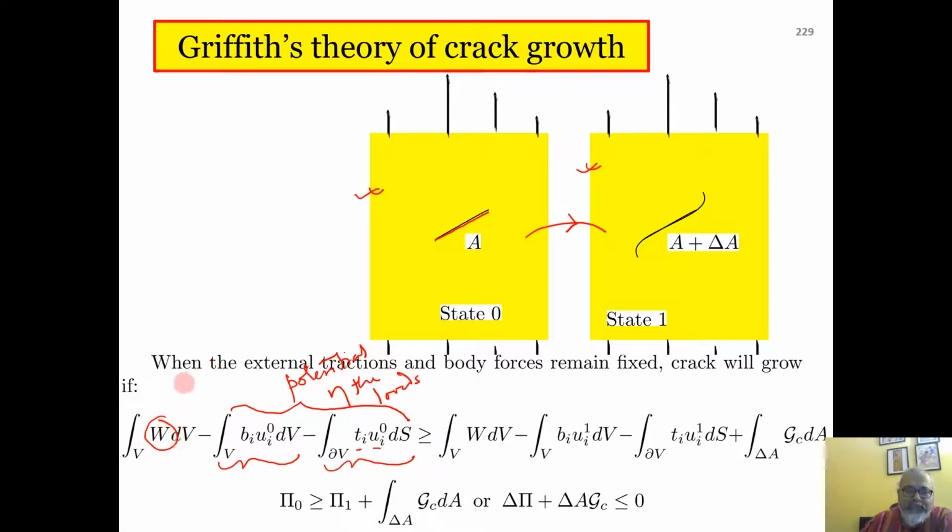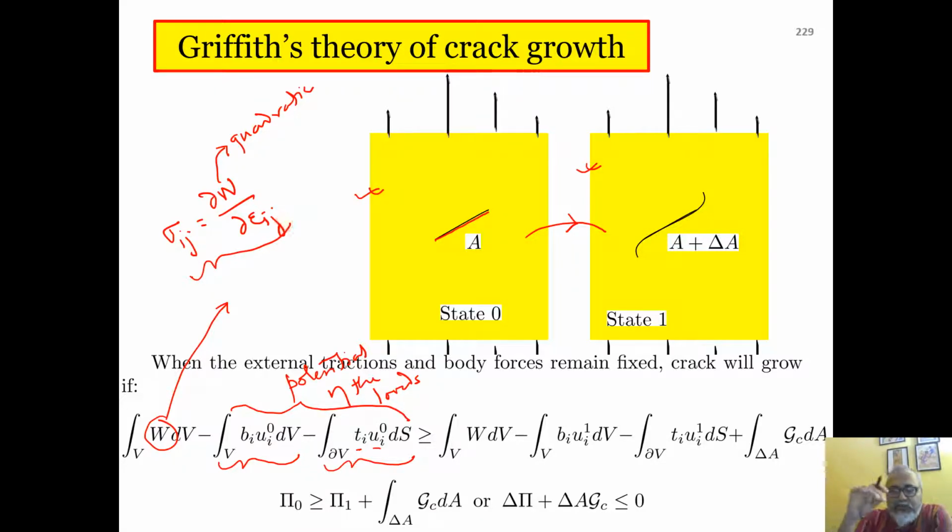Whereas W is the strain energy density function, and if you remember, it is defined as the scalar function of strains such that its derivative with respect to the strain gives the stress. So there's a unique strain energy density function for many materials, and for elastic materials in particular, this is a quadratic function of strains, and therefore the derivative with respect to strain gives a linear function of strain, and thereby this relation is another way of stating the constitutive equation of the material, which for linear elastic materials is that stress is linearly proportional to strain. So using a quadratic strain energy density function is another way of stating the fact that stress and strain are related linearly in linear elastic fracture mechanics,